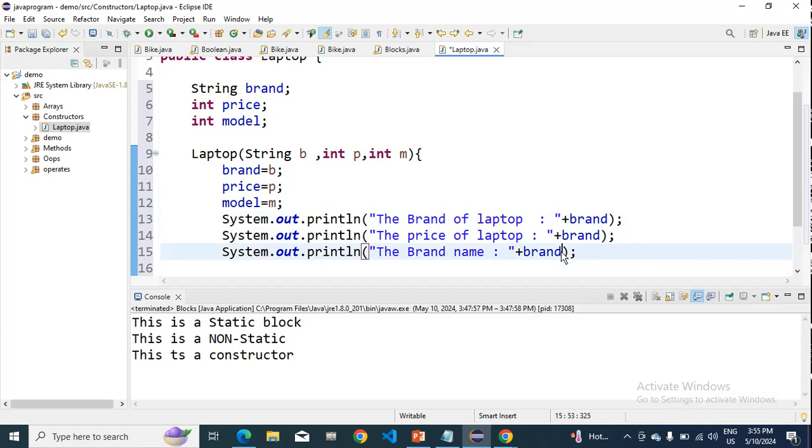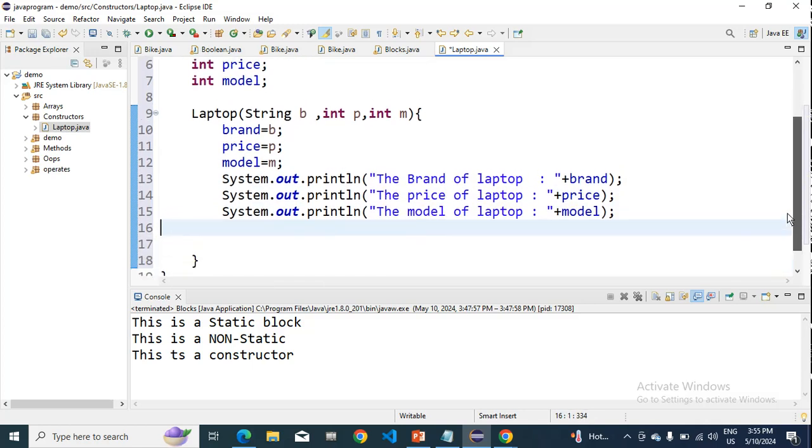Next thing is model, and price, and this one I'll change to model laptop. So I have taken one constructor